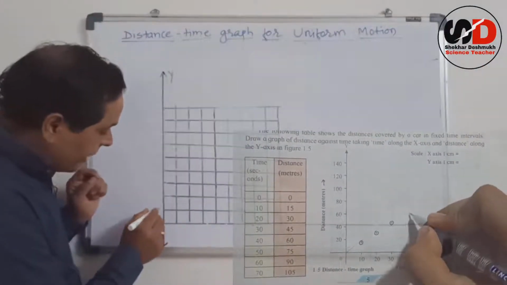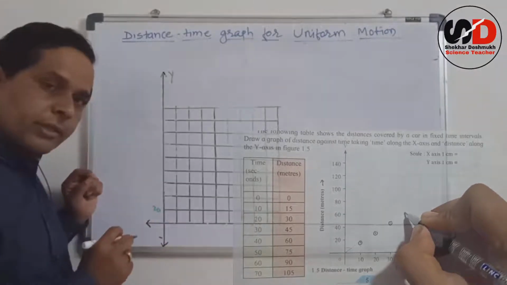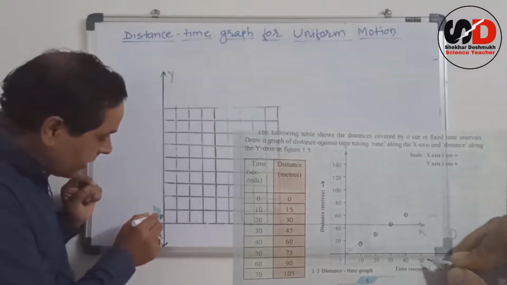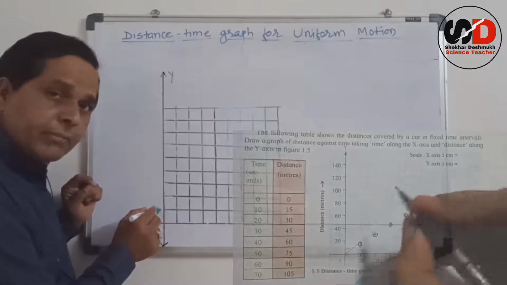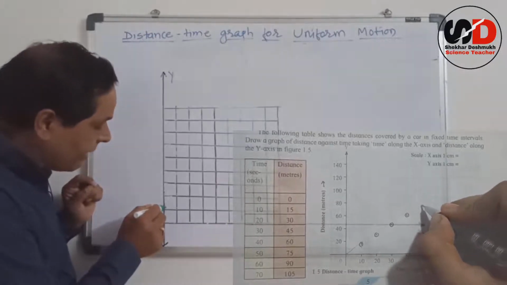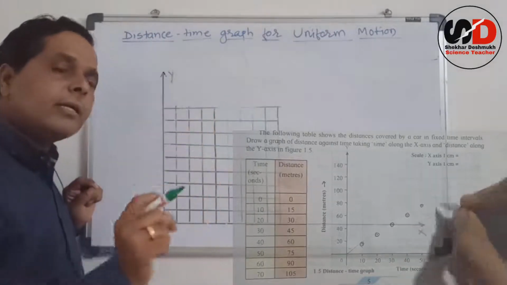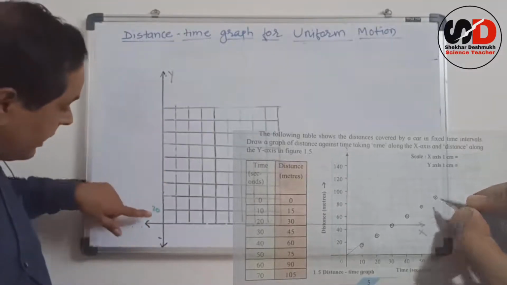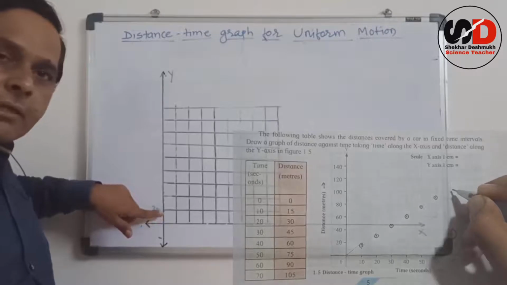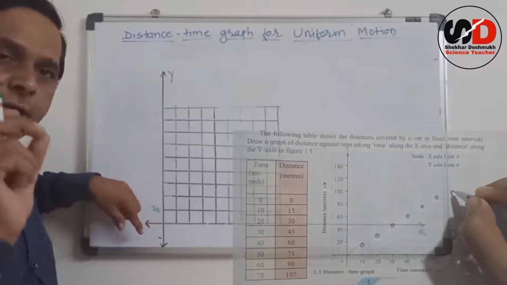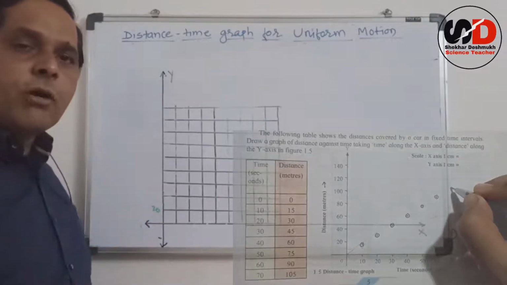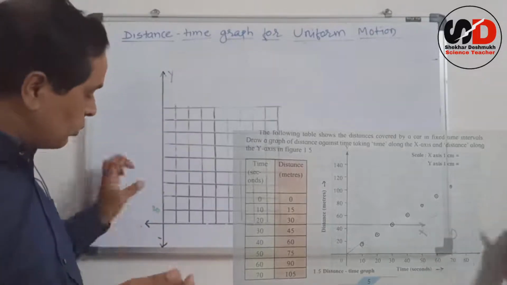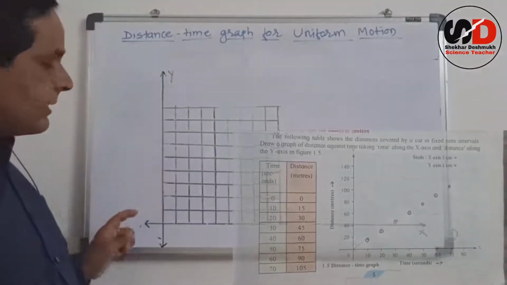If you are taking 20 here, then here at the middle 10 must be there. So between 10 and 20, in the center, definitely 15 is there. Or you can count it. 10 lines are present in between, and therefore each small line is of 2 meters. So take the readings in such a way